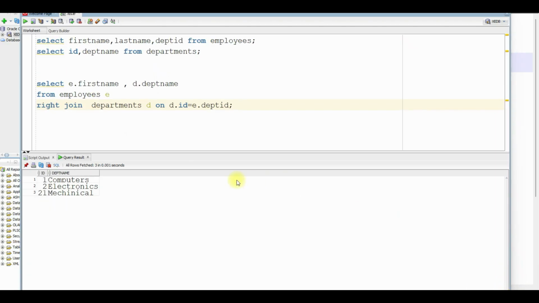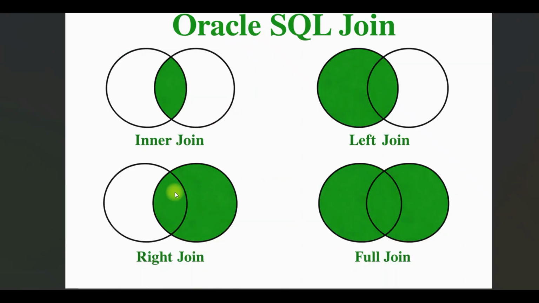What is a right join? Right join returns all rows from the right table and only matched rows from the left. So if you see here, it brings all the rows of the right table, but it only brings the matched rows of the left one. So that is right join. And let us go to our